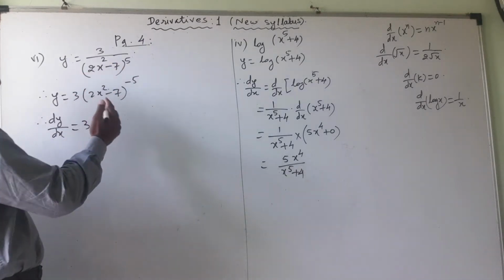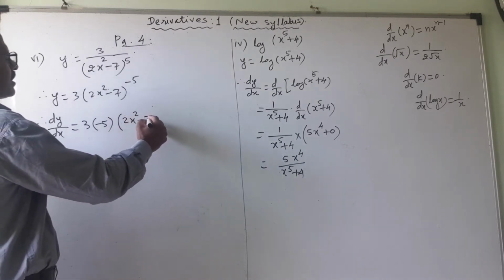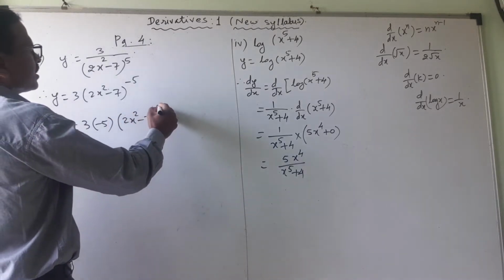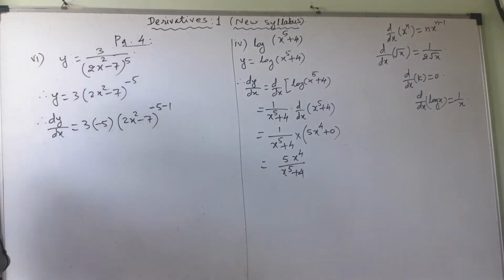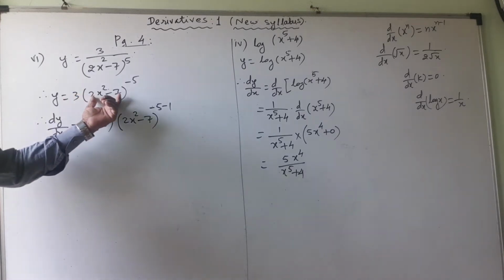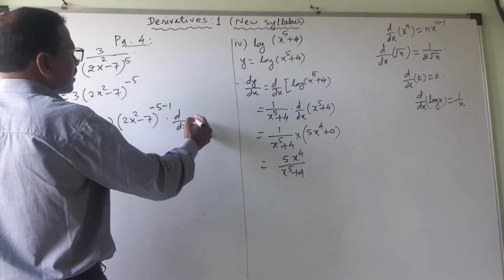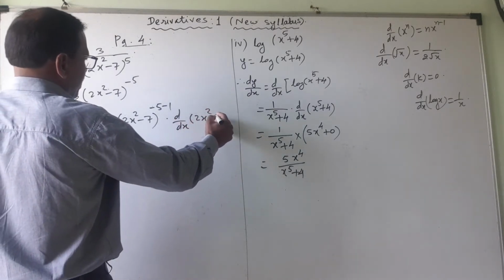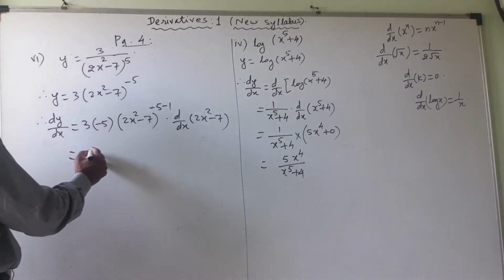This minus 5 here, and here it will be 2x square minus 7 raised to minus 5 minus 1. This is our formula. For the power I have differentiated. But this is not x, this is something else. So, into d by dx of 2x square minus 7. So, that is equal to, this has come minus 15